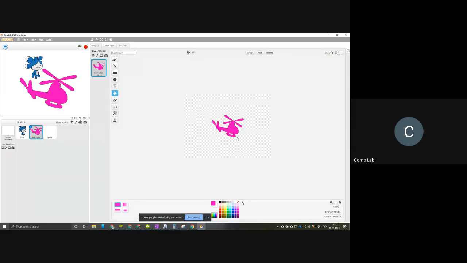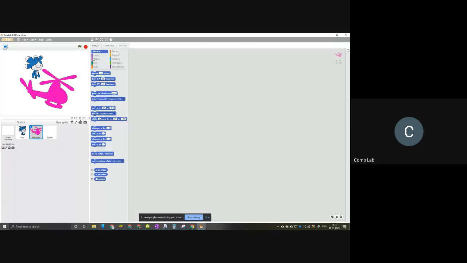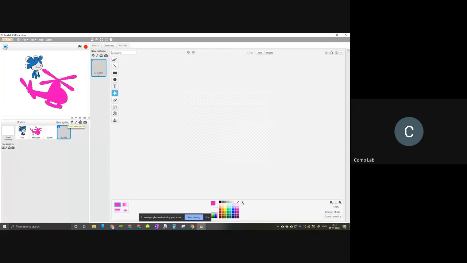Okay, here you can see I'm adding color to the helicopter right here. Okay, let me show you once again. So if you want to add color to your sprite, you're going to select your sprite. I'm going to select this Terra sprite. Then I'm going to select this paintbrush icon. Once you do that, just click back on this Terra here, and then you can access the colors.